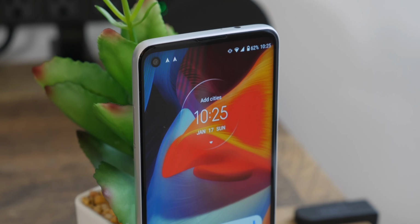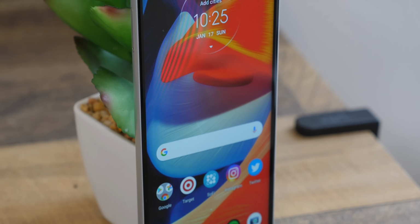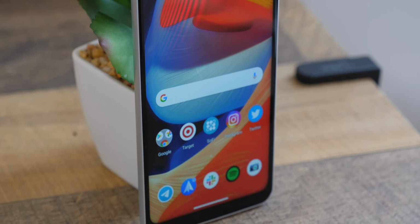You are still stuck with just an HD Plus display, so you're still not getting the sharpest image out there. You still have 3GB of RAM and 32GB of storage, and while those things are kind of cons as far as similarities go, we are happy to report that the same 5,000 mAh battery is also present in the Moto